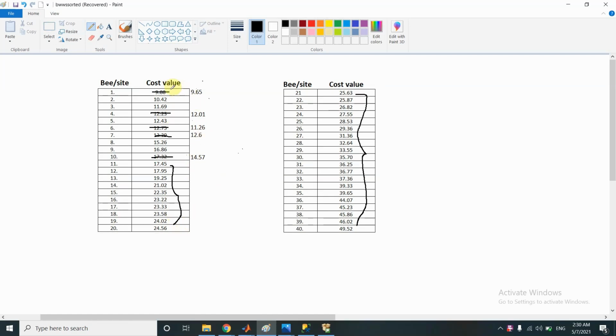So we will once again arrange these values in ascending order, and corresponding to the indices of these arranged values, we will also arrange the B matrix which stores the position of the B's in 6 dimensions. We will also arrange that B matrix in the same order as we have done for this cost value array.